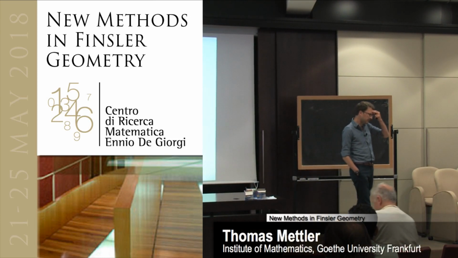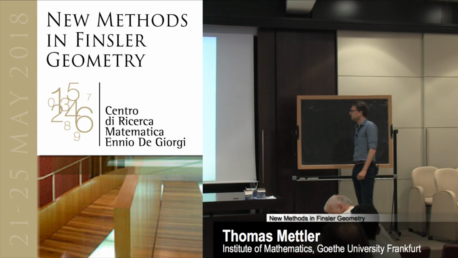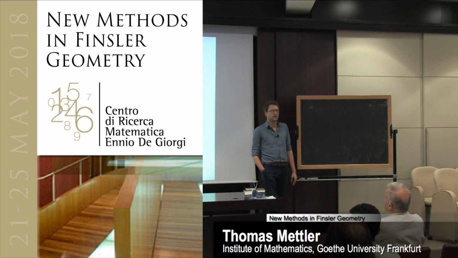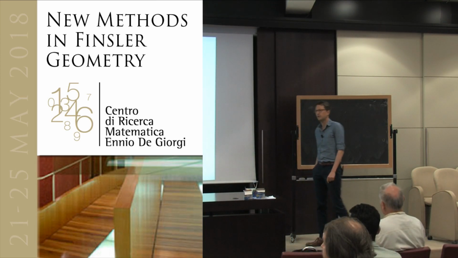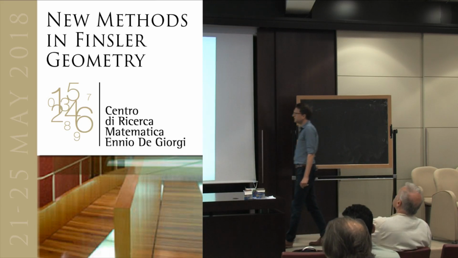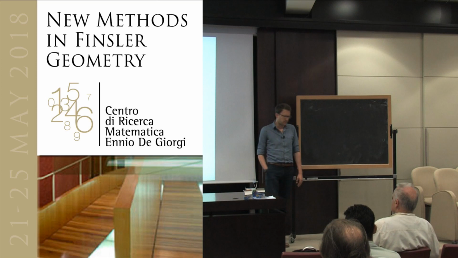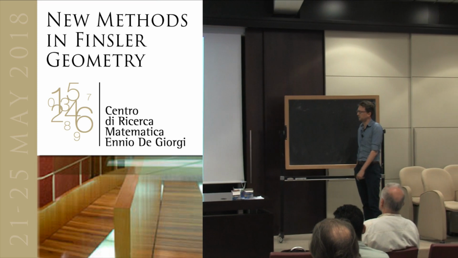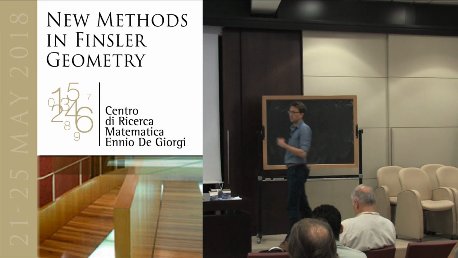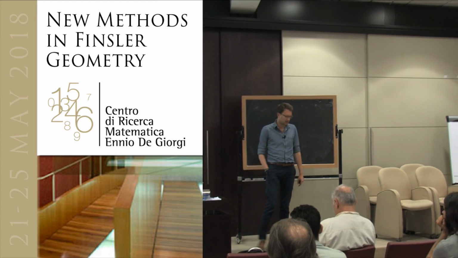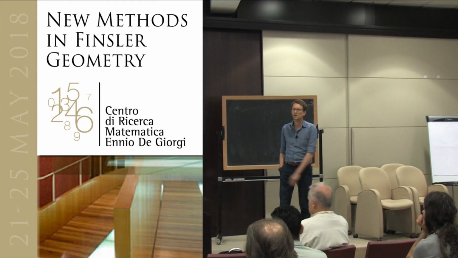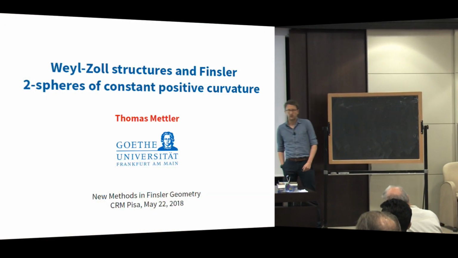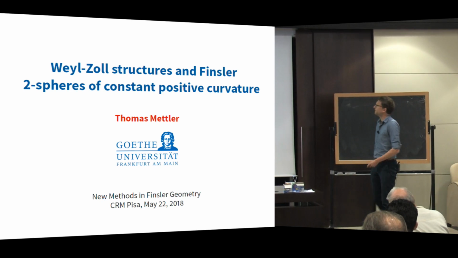Similar to many speakers here, I'm not a Finsler geometer. So this is a spin-off story from my work, which is mainly in projective differential geometry. It actually dates back to my thesis, but it never got published because once I had written it up, I learned that Robert Bryant had previously obtained very similar results, some of which Robert just mentioned this morning. So the last bit of this talk can be understood as an addendum to what Robert said about Finsler surfaces of constant flag curvature.